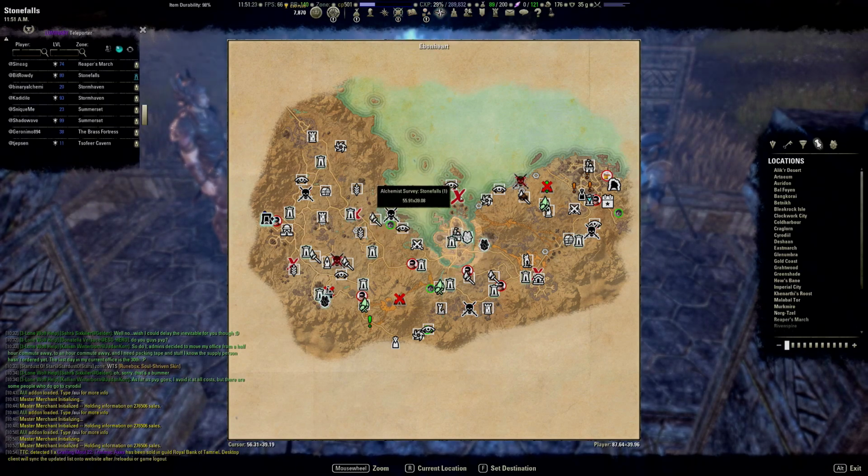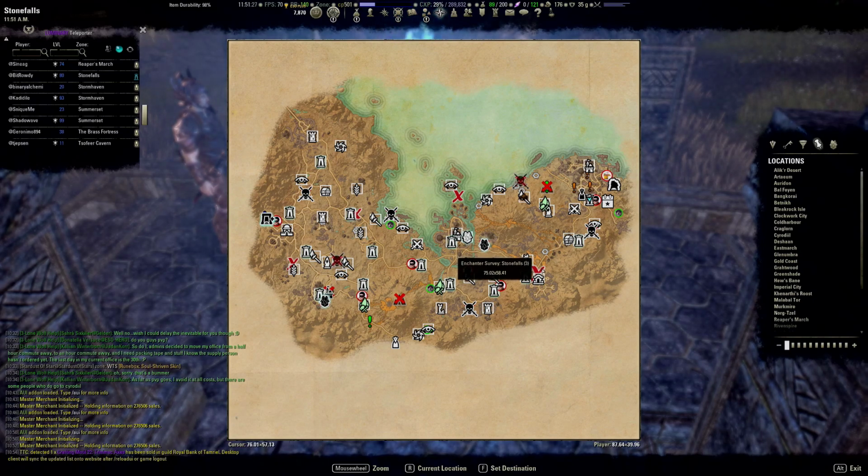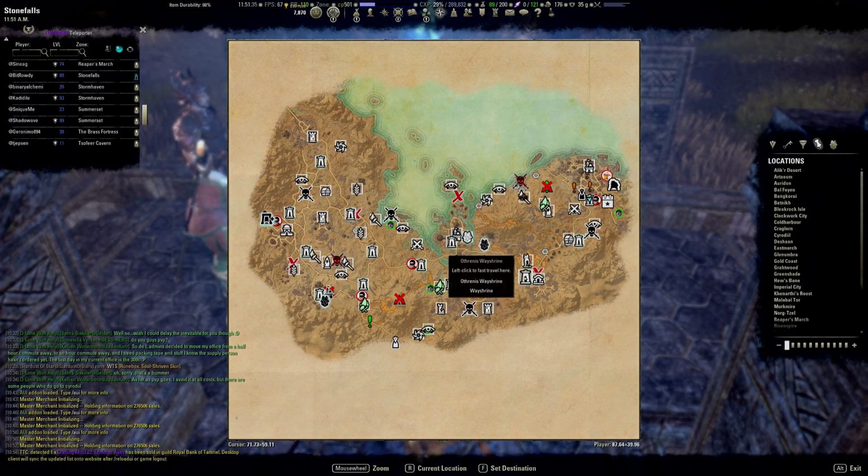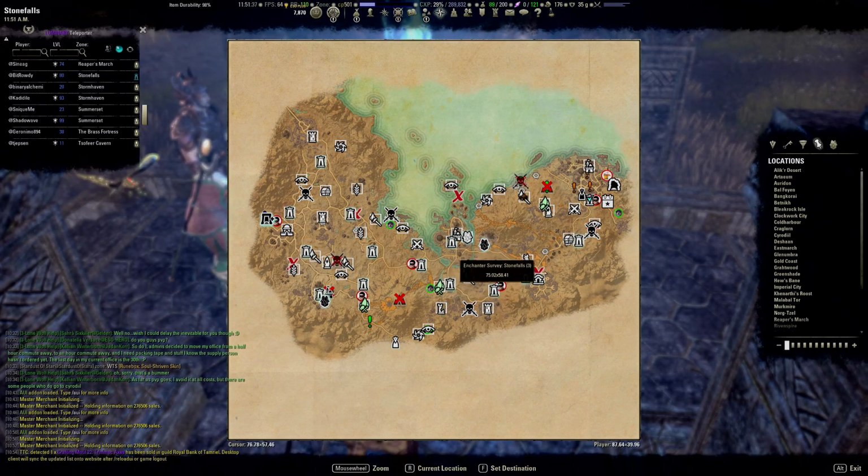But this one's also 1. This one here is 3. So there's actually 3 enchanter surveys that are right there. So what I would have to do is teleport in, do the survey, teleport out, come back. So really,